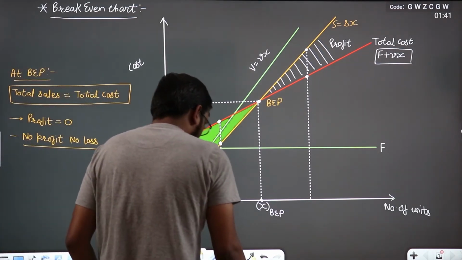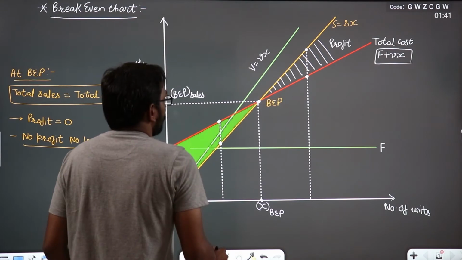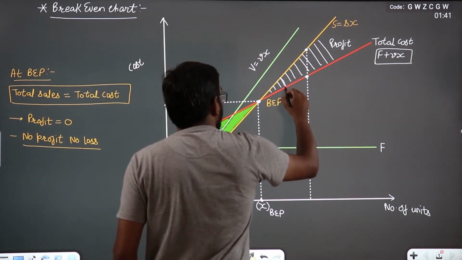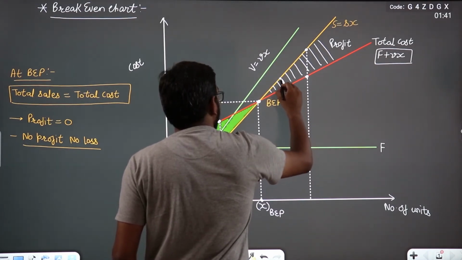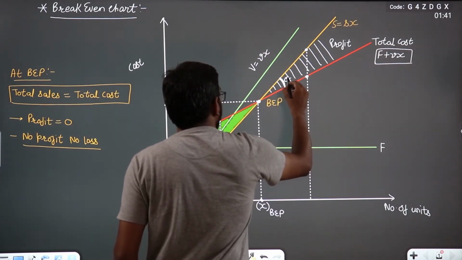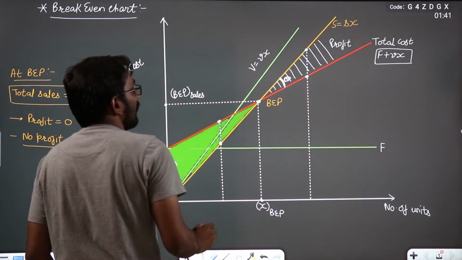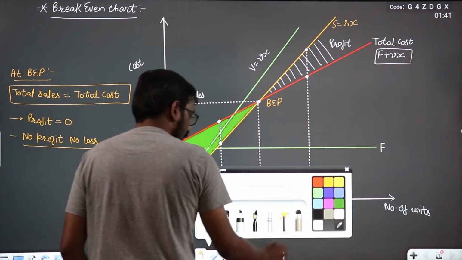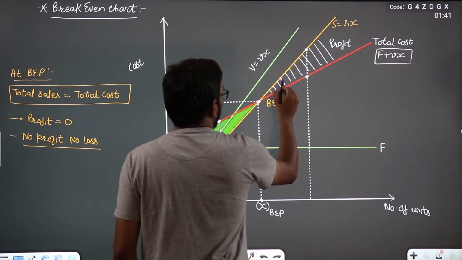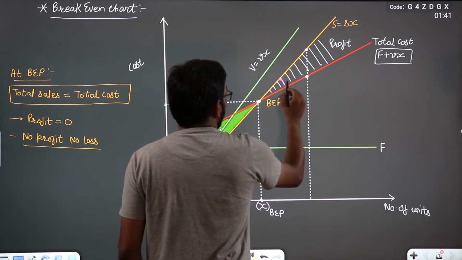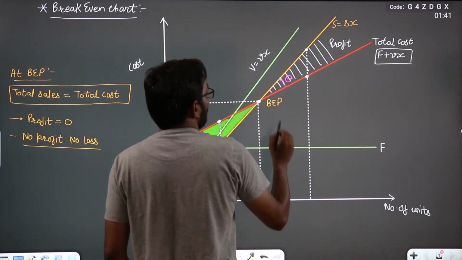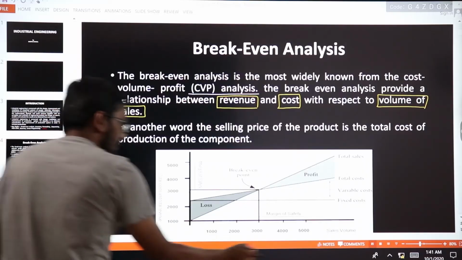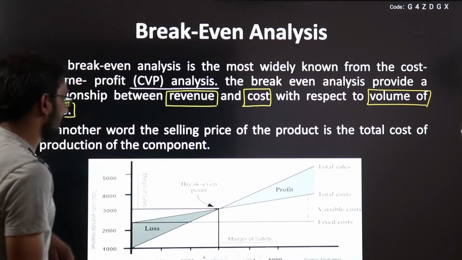So now we can say that if we go like this, this angle is theta. This angle is represented with the help of theta, and this is known as angle of incidence, right? This angle is theta, that is known as angle of incidence. Now, if we go with the slides,